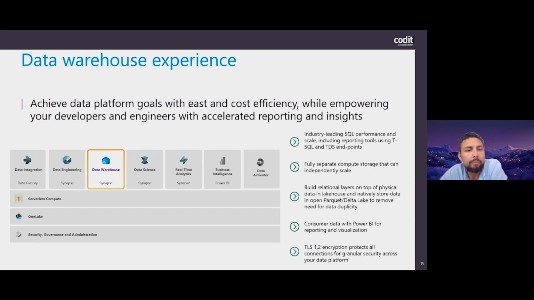Next, we also have the data warehouse. So if you're familiar with data warehousing, this is where you really build your semantic layer on top of it, making sure that the data is understandable, that it's usable, and that you can quickly and easily query it for your reporting purposes, for example. Here we are still using the OneLake storage. So this is actually a storage account Gen 2. So a cheap but scalable and quickly accessible storage account.